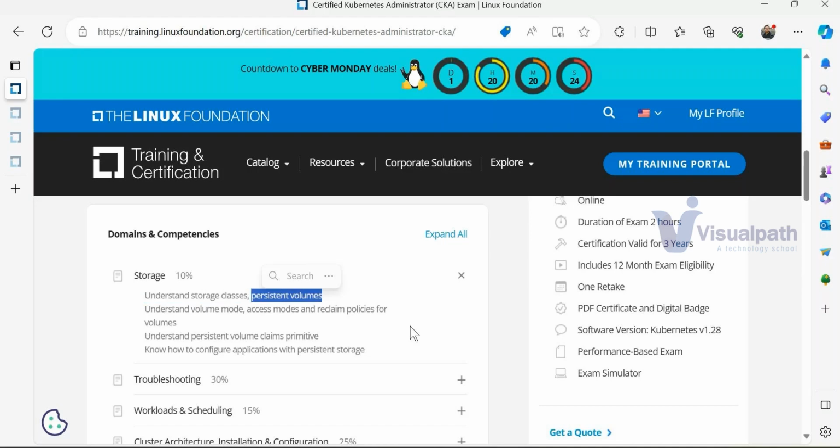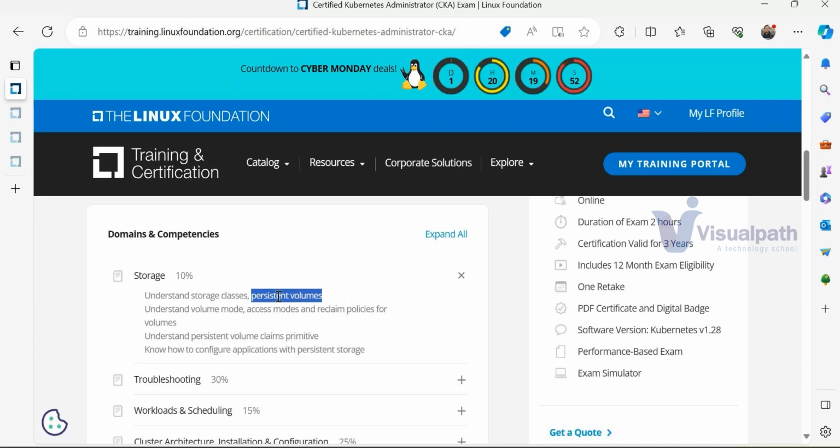I can take one partition and design it such that I put all my data there. Let's say in your laptop, we have the C drive, which holds our operating system, programs, and all installations. On the D drive, I can create another partition where I put only my personal data. Then I can manage my data in a more controlled way, introducing encryption and decryption so my data is protected. So here we say persistent volume. Persistent means something permanent.